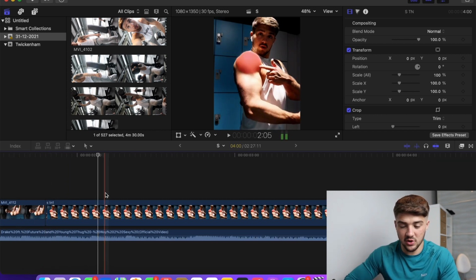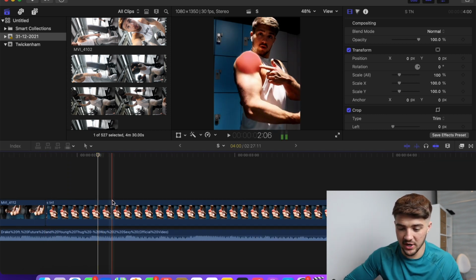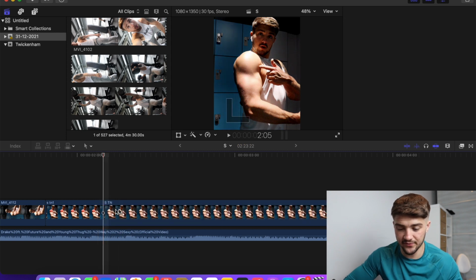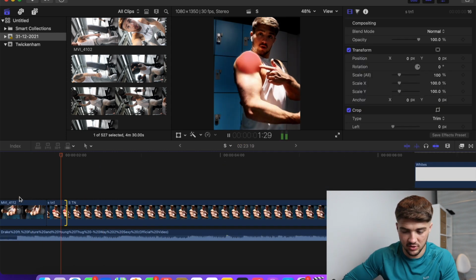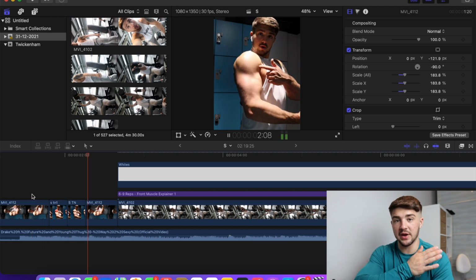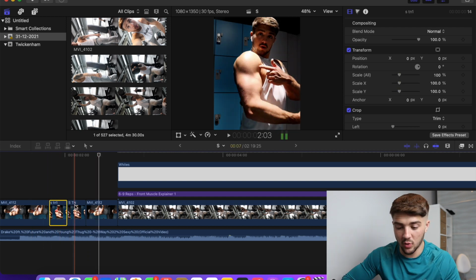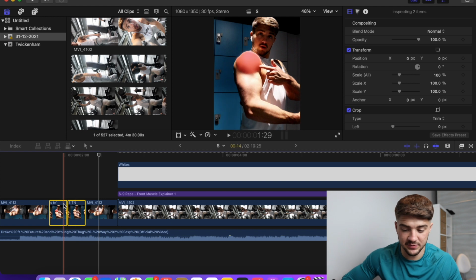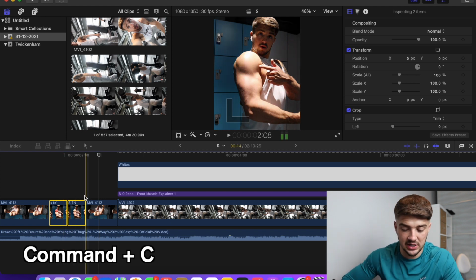Now we want this to be quite short, quite sharp. It's normally around 10 to 12 frames, I believe. So we're just going to cut that down a bit more. Okay, so now we've trimmed both of our thumbnails, one with the red muscle effect on and the original one, and that's perfect. So now we're just going to select both of them, hit Command C, and then go to